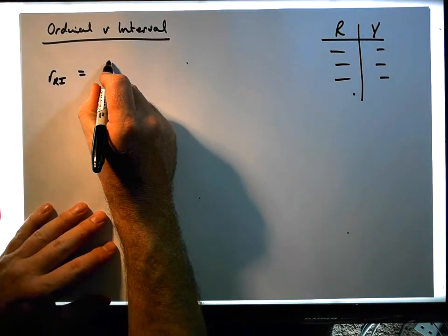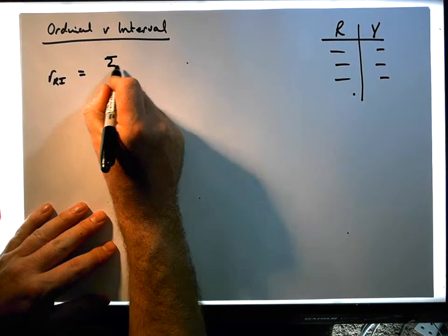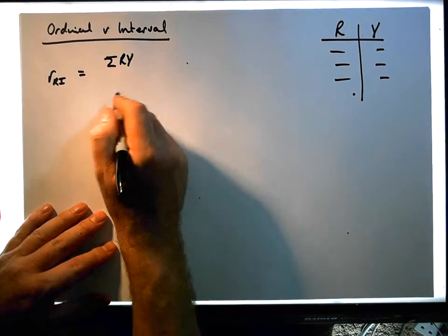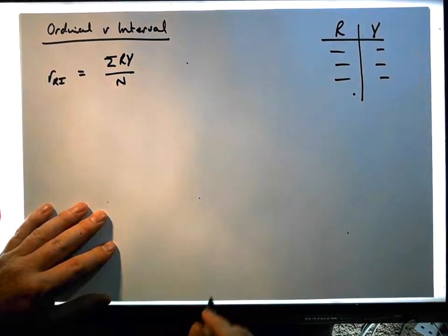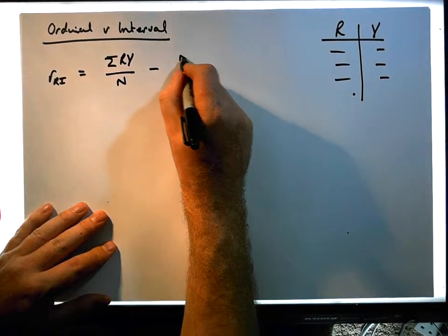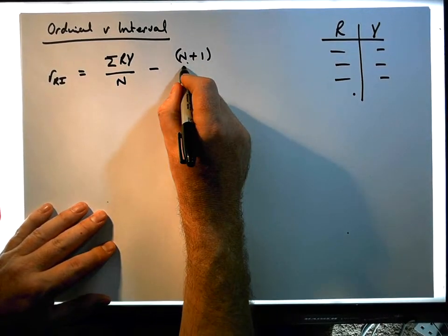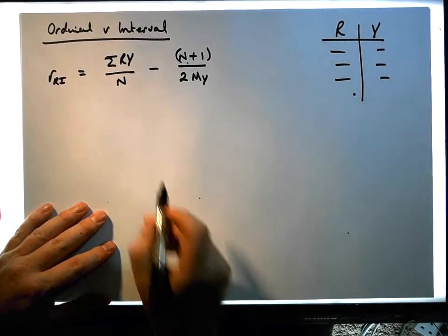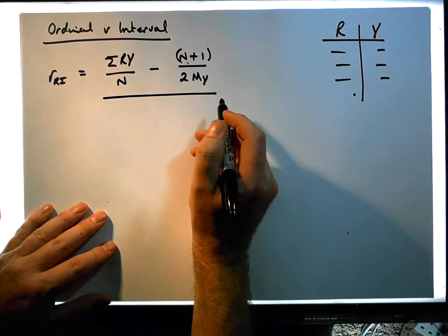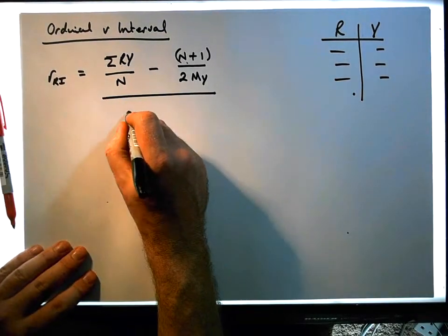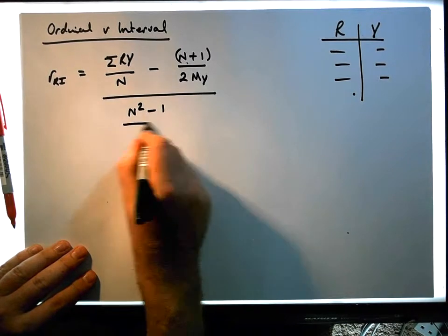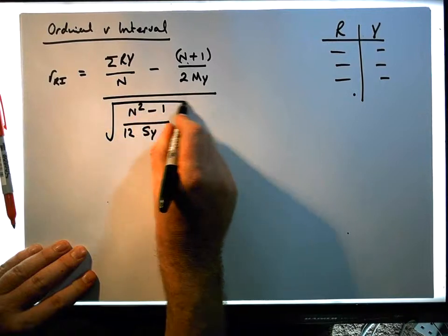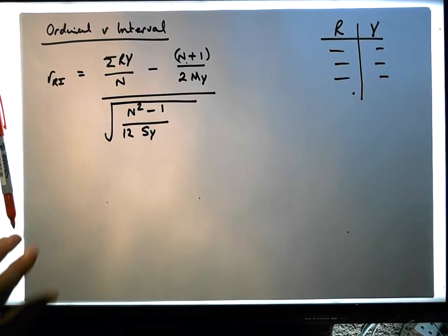It's going to be the sum of the cross products of the ranks with the variable, so the sum of R times Y, divided by n times (n plus 1) divided by 2 times the mean of the Y variable, divided by, see, this formula is really vicious looking, n squared minus 1 all over 12 times the standard deviation of the Y, and it's the square root of that. Look, I really probably need to do a video on how to do